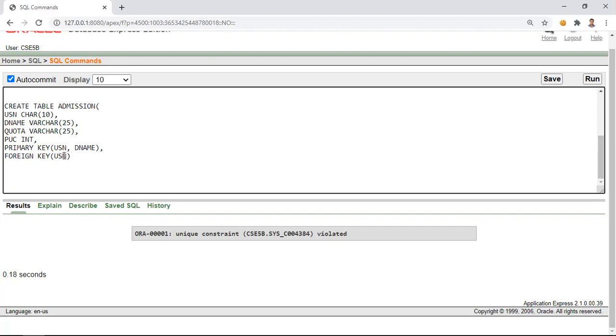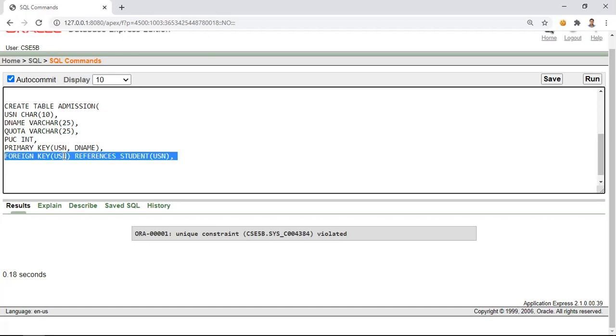So the USN attribute we are declaring as a foreign key, and then we need to specify to which table it is referring, using the keyword references student, and in the student table again we need to show which attribute it is linked to. In the student table also it is USN. This is how we will include it.